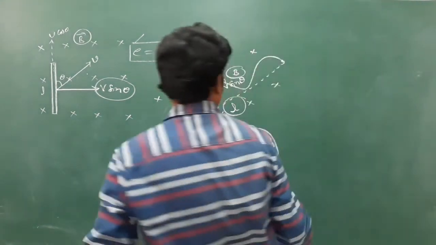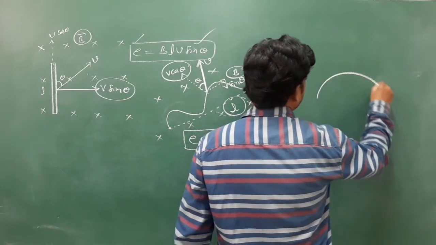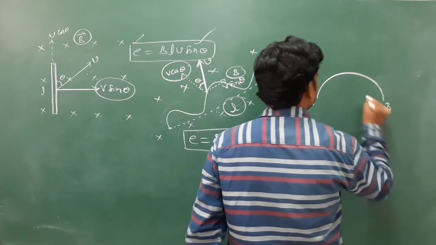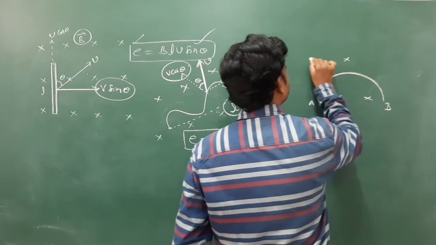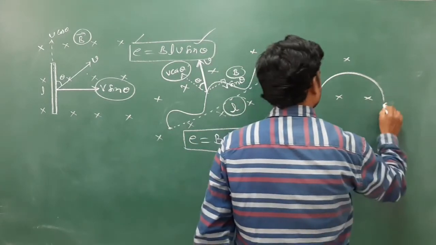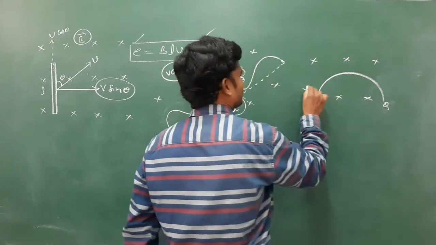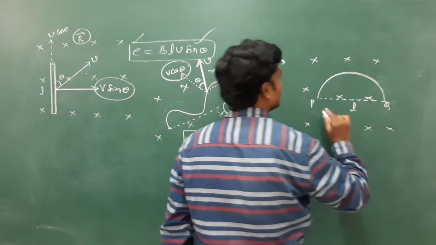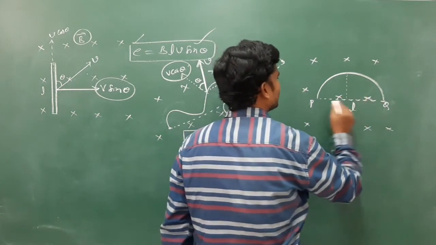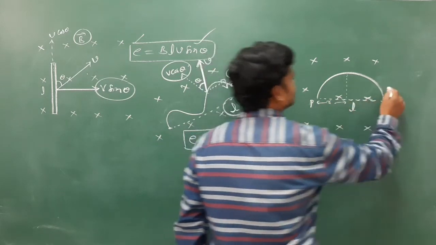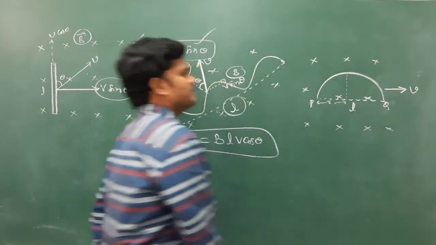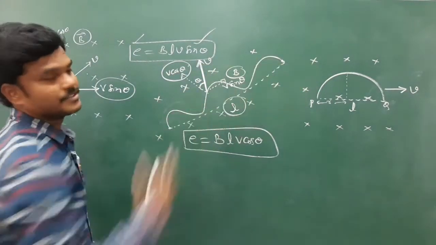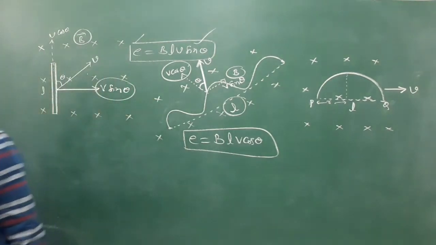Okay. And see, one more I am giving now. So this is the wire. This is A, something B, the field is into the board. Let us give the names P, Q, and this length is given as L. R is the radius. And this wire is moving like this with a speed V. Then find the induced EMF in the given diagram. Wire is moving like this. Find induced EMF. Is it clear?